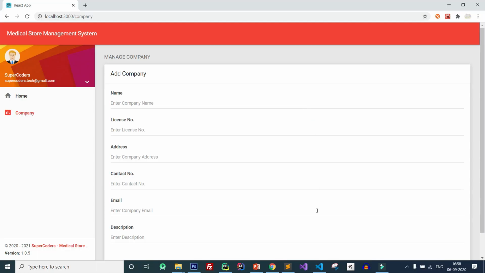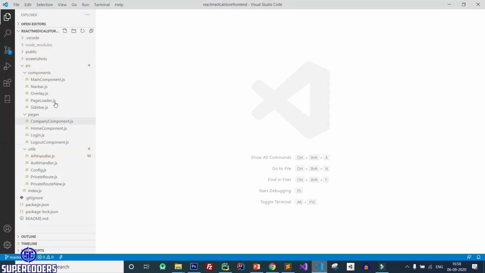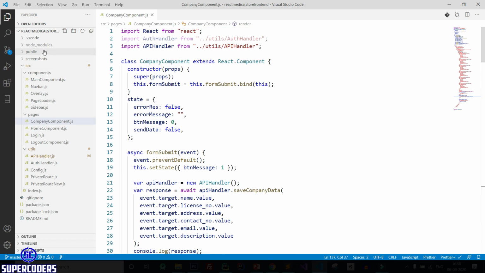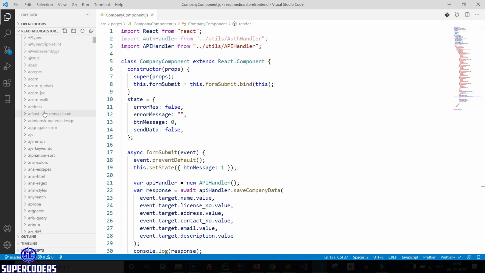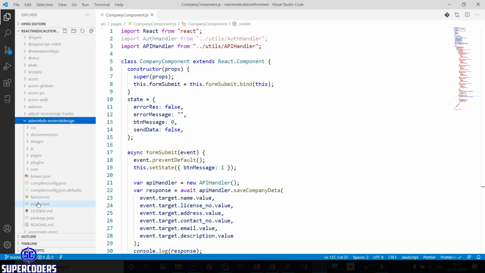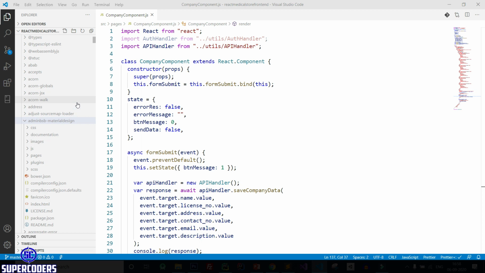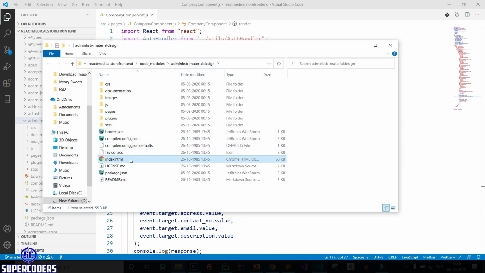First, back to VS Code and open company component. So here is your company component, open it. After that, let's open node modules and open this theme admin BSB. Right click on index. So in file explorer, click on index.html